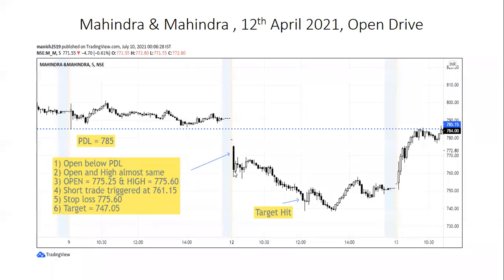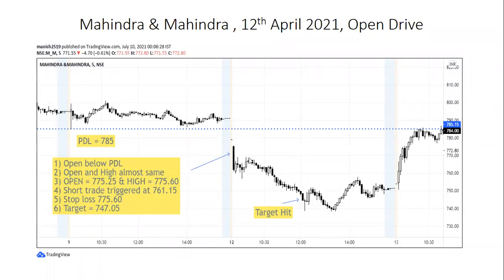While taking trade, your initial stop loss will be always first candle high. Once trade is going in your favor, you can start trailing stop loss. So you need to look for swing highs. So you can check here from first candle, again price went up. So this candle high can be your trailing stop loss. So from first candle high, you can trail stop loss to this candle high. In this way, even if this trade gets failed, you will exit with minimum loss.